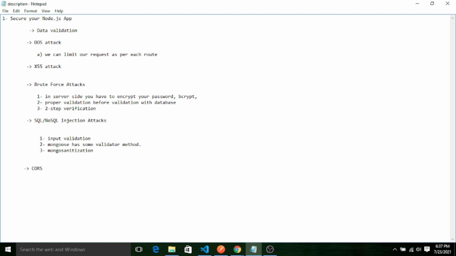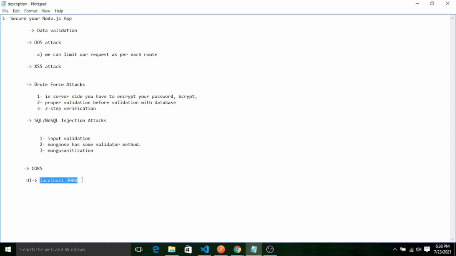This actually allows requests from a limited number of sources. Let's say your UI is running on localhost 3000. From this host and port, it will only accept requests.